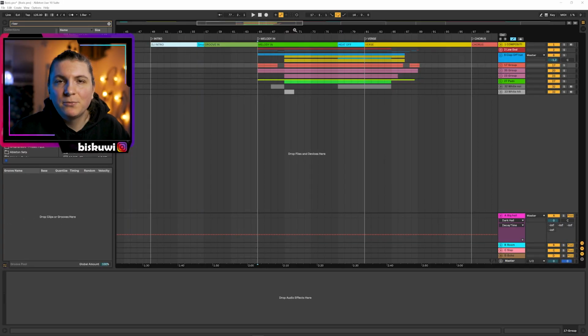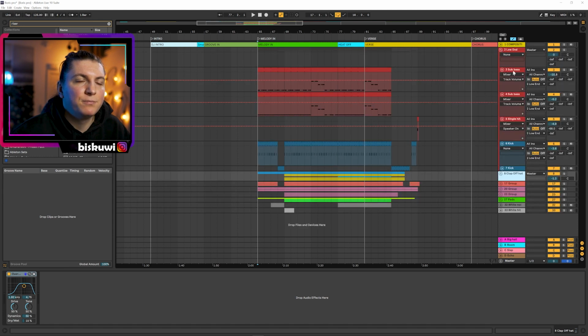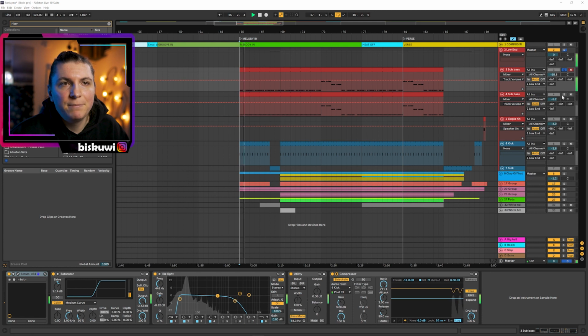So in this level, the producers know most of the concepts, but probably not some of the clutch things pro producers use. We will come back to those clutch things in the last level, but let's take a look at how these producers approach things. The main thing that I see oftentimes is that because they hear a lot about the mono sub, they get extremely scared of using the stereo field on the low end, and suddenly everything turns into a really mono sound. So in this case, we have this sub bass